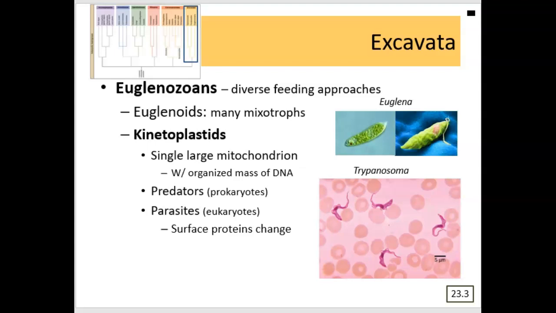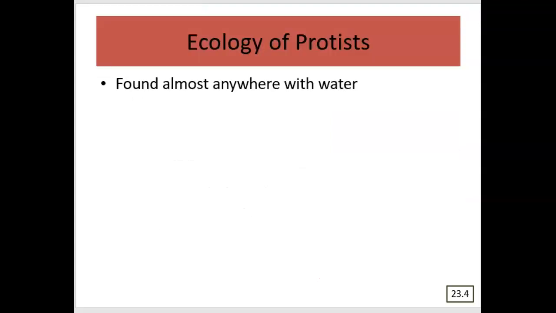Okay, so that was a survey of the different types of protists, our 6 different supergroups. I'm going to talk a little bit about the ecology of protists. And the basic ecology is if there's water, there's probably a protist that lives there. Fresh water, salt water, doesn't matter. There are protists in wet environments worldwide. It also doesn't have to be a whole stream. It could just be a pool.